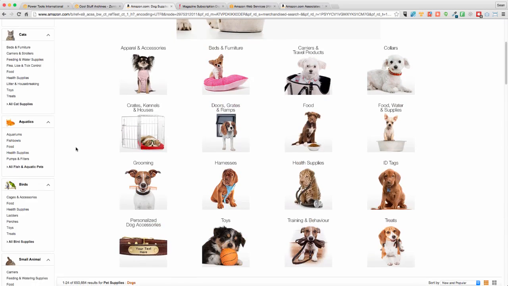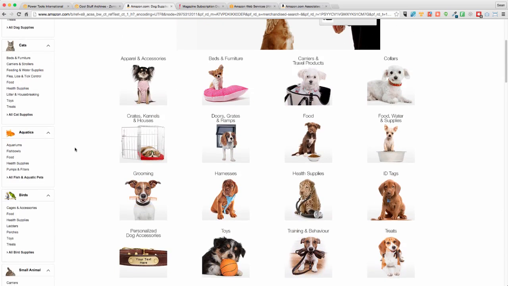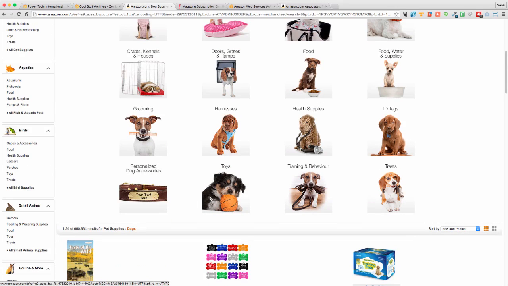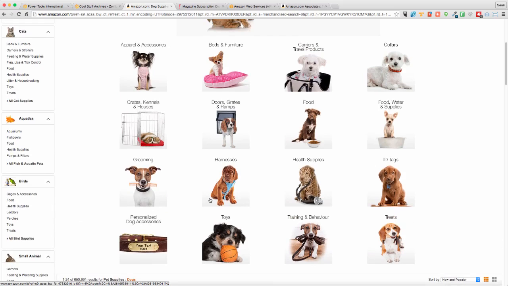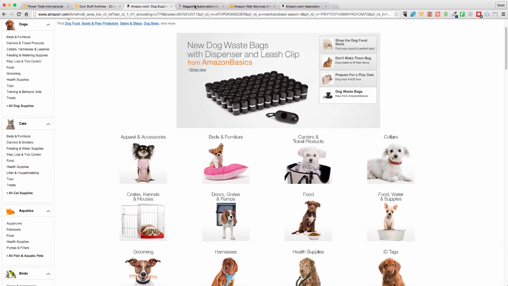I think that's what I'm going to create, a dog store just for the fun of it. It's got a good lot of categories: apparel, beds, furniture. So it's like 4x4, 16 categories full of products that I could have. And the cool thing is, I'm going to show you how we can target into that, dive into that in the next video. So judging by that, that's pretty cool.